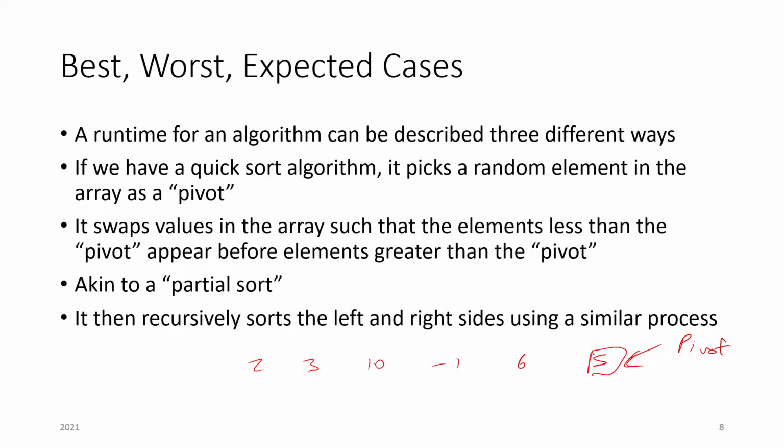So we can say, okay, 5 is here. We start with 2. 2 is less than 5, so yes, that goes to the left. I'm just going to put 5 here. Then we check 3, that's less than 5, yes. We check 10. 10 is greater than that, so we put 10 here. -1, less than that, yep. Then 6, that's greater. And we basically finish at that point. Then we choose another value and keep on with the pivots and so forth. But that's basically the gist of how the quicksort algorithm runs until it sorts all the values